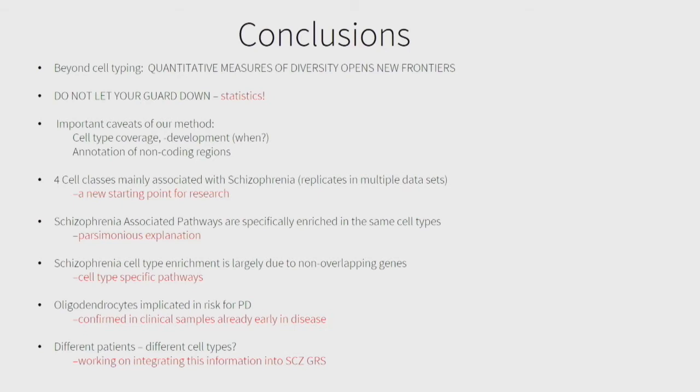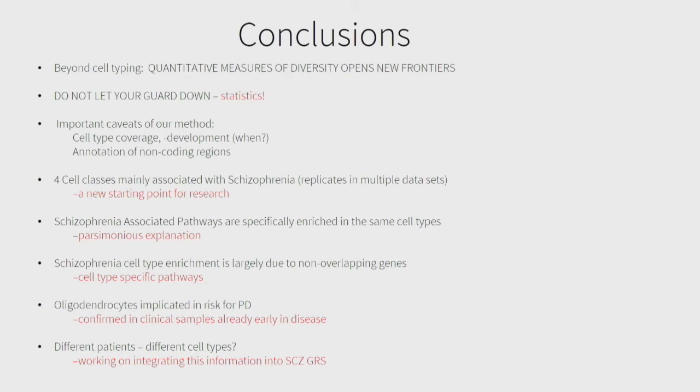And the second one, this is very important. Don't let your guard down when you read these papers. Don't trust them. Make your own analysis, because it's early days for single-cell sequencing yet. We're still trying to figure out the best way to mathematically or statistically handle this data, and people are making too large claims constantly in our literature. So be wary when you read the studies. And then,